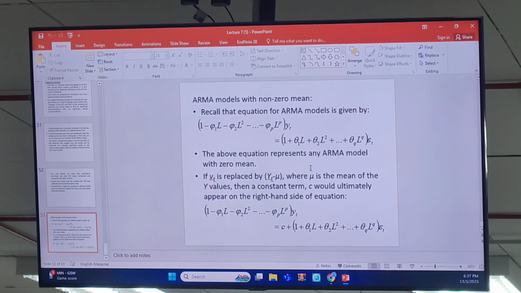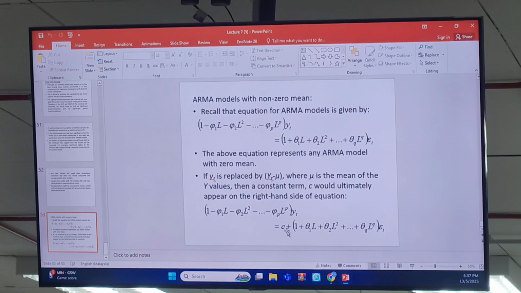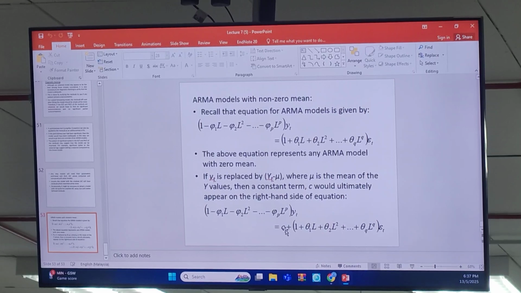But if you cannot decide based on the graph, then when you estimate, you just include C in the model, for example in EViews, and see whether that C is significant or not. If significant, you retain that C. If not significant, you can take out that C. But remember